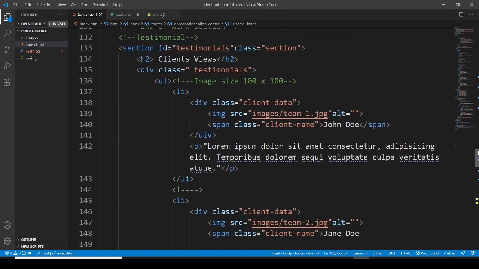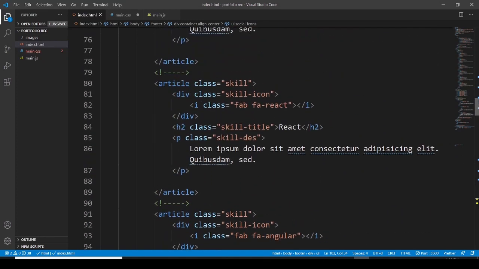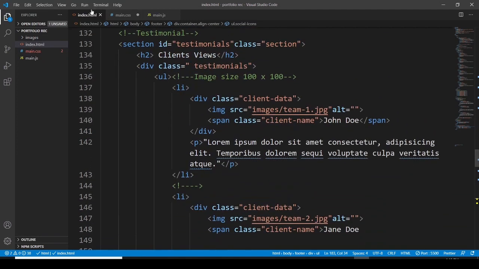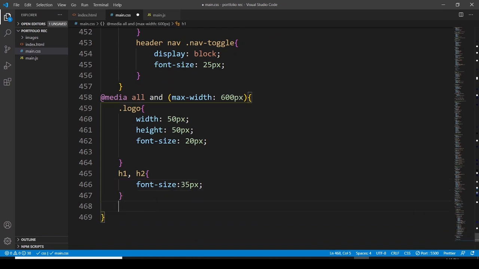and heading 2. Okay, so heading 2, and the font size for the headings, heading 1 and heading 2, is going to be 35 pixels. Then after, we have to go with the testimonials